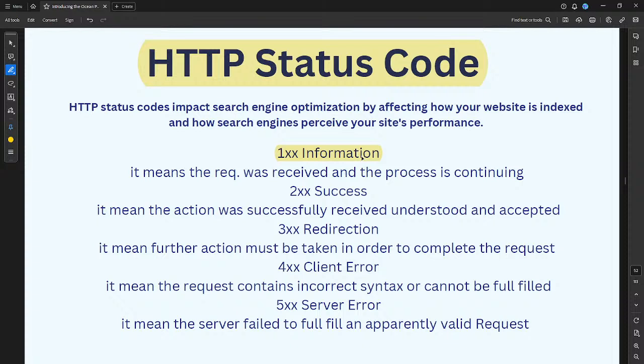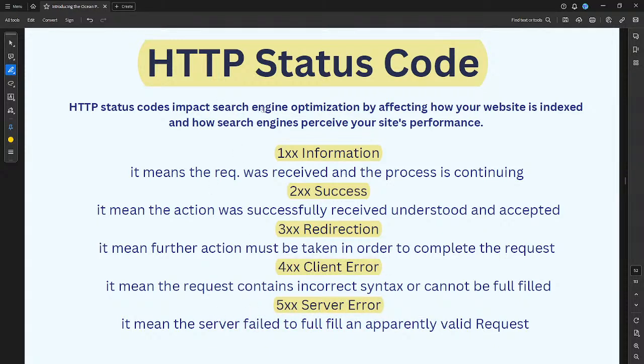the 1XX information, what it means is the request was received and the process is continuing. When you get this type of code, it tells you that the action was successfully received, understood, and is accepted. And when you get this type of code, what it tells you is that there is a redirection. When you also get this type of code, it shows to you that there's a client error. When you get this type of code, and then it tells you that there's a server